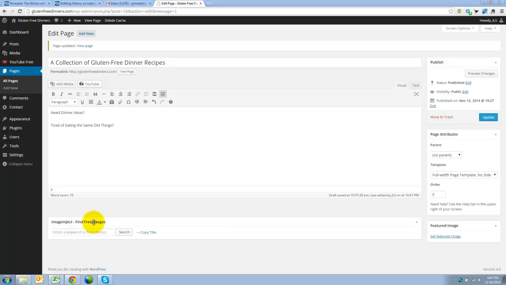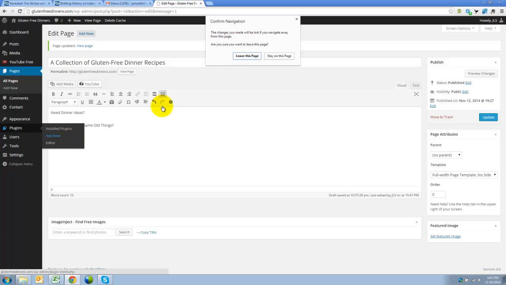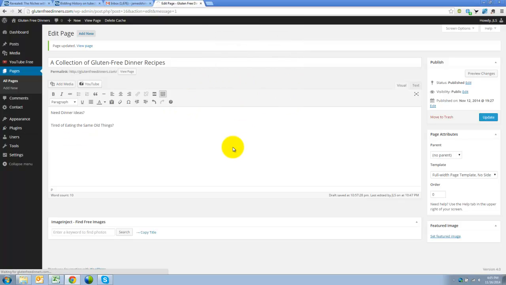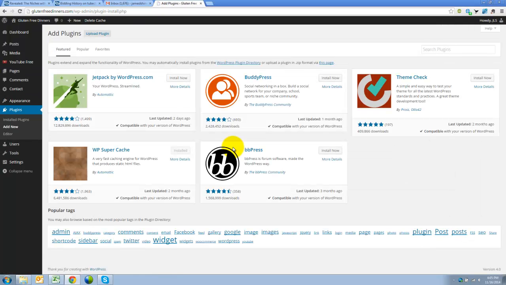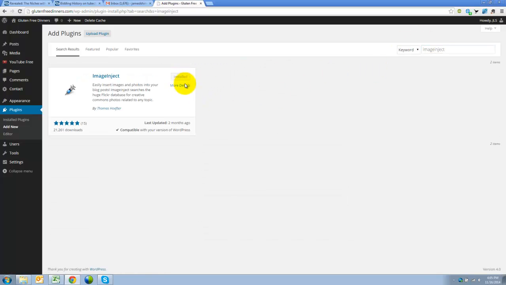What I use here is a plugin called Image Inject, and what you can do, let's just go to add a new plugin. So you know how to do this from our earlier videos, and all we have to do is just search on Image Inject in the plugins, and then just go ahead and add it. So I've already got it installed here, but this is a great little plugin,